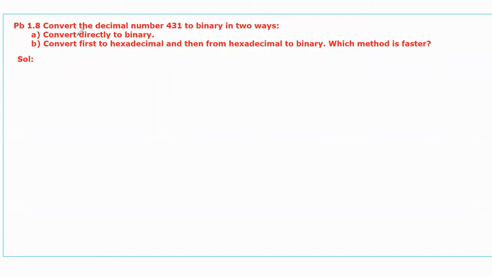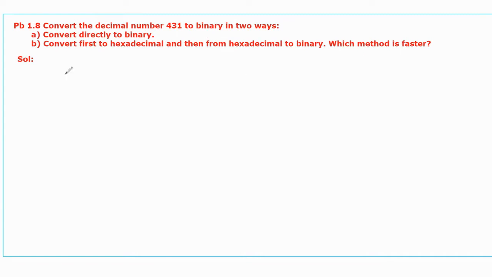Hello guys, in this video I will explain the solution for the given problem, that is convert the decimal number 431 to binary in two ways. The first method is convert directly to binary. The second method is convert first to hexadecimal and then from hexadecimal to binary, and then check which method is